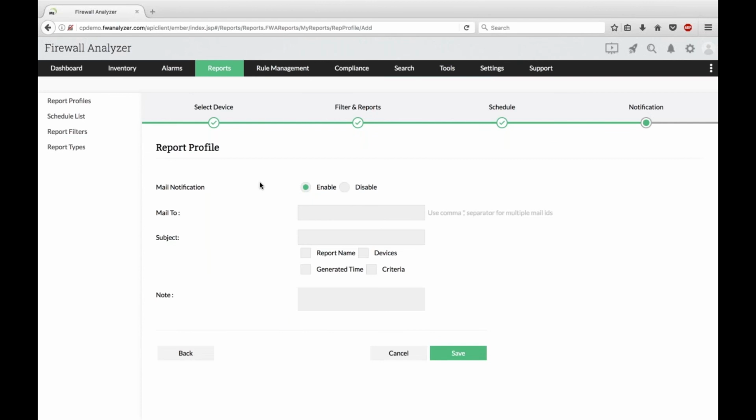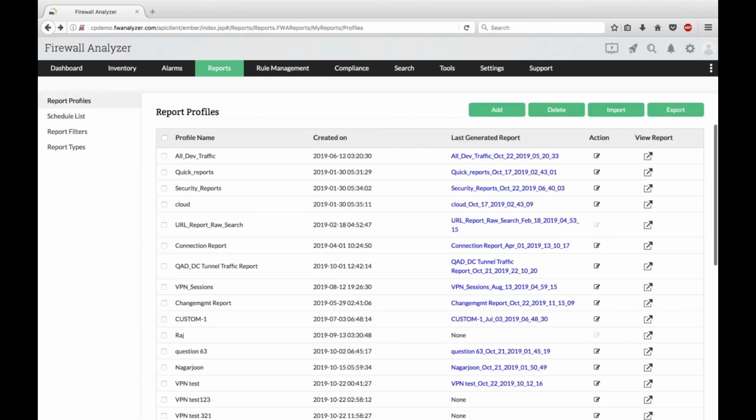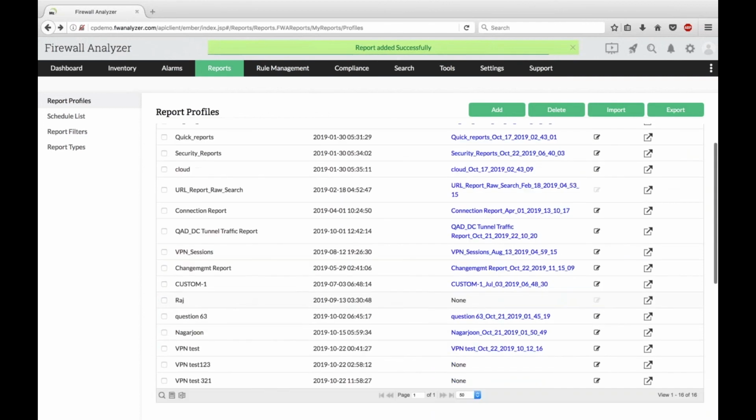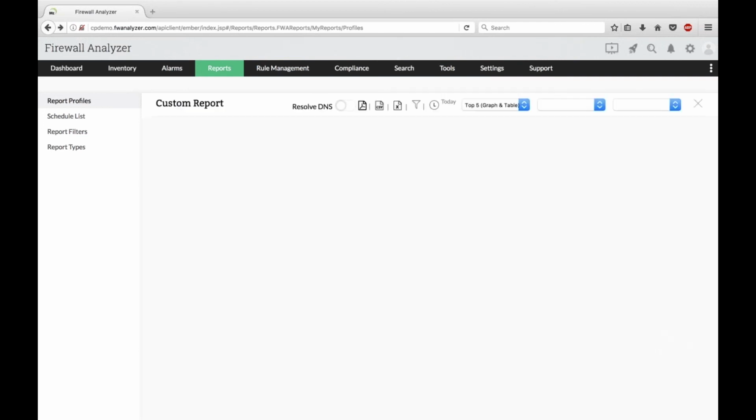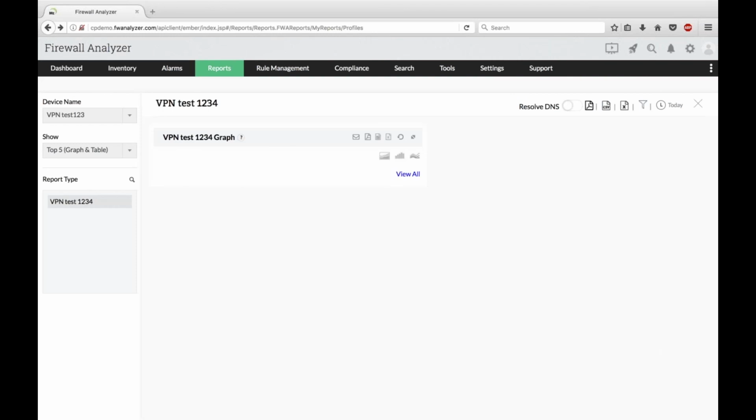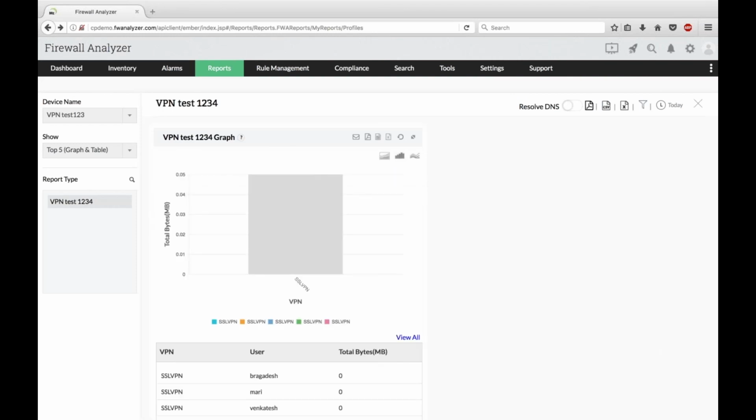So in case you want to schedule mail notifications, you can also do that. Report will be directly sent to your mail. For now, I'm clicking on disable and hitting on save. Once I hit on save, this custom report has been generated, and it starts to